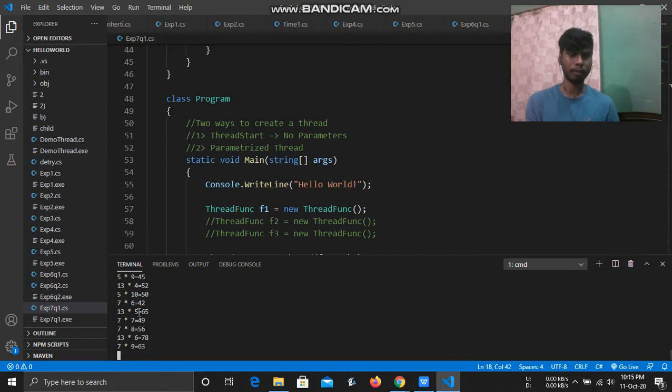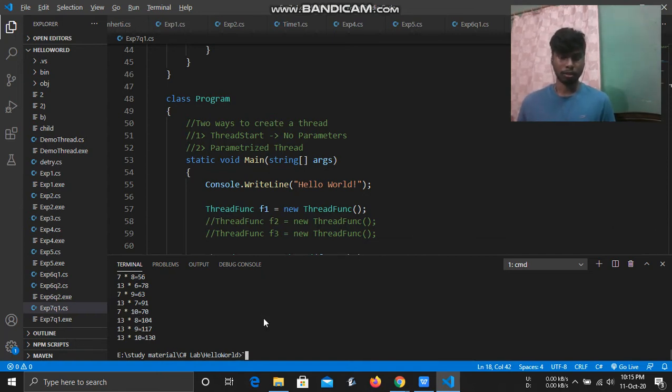The table of 5 has a delay of 1 second, the table of 7 has a delay of 2, and the table of 13 has a delay of 3 seconds. You can see here the 7 has been completed, then after the 3 seconds given for the table of 13, 8, 9, 10 is being printed like that.